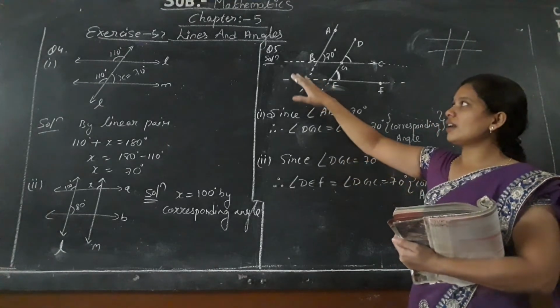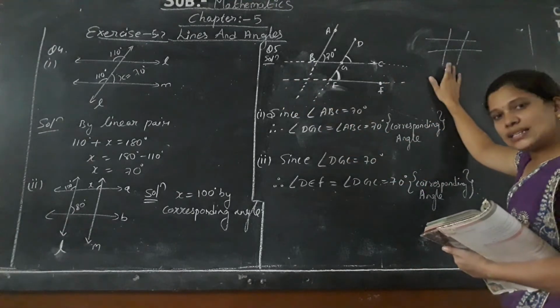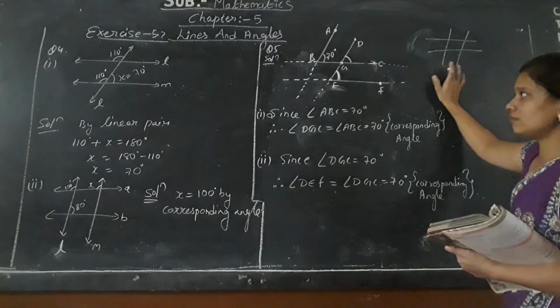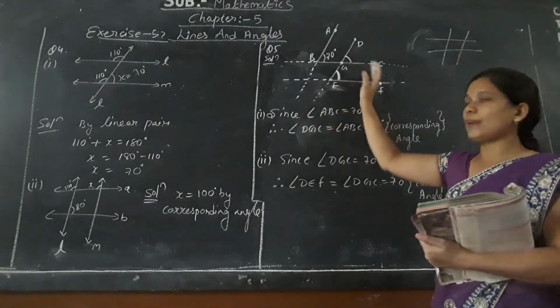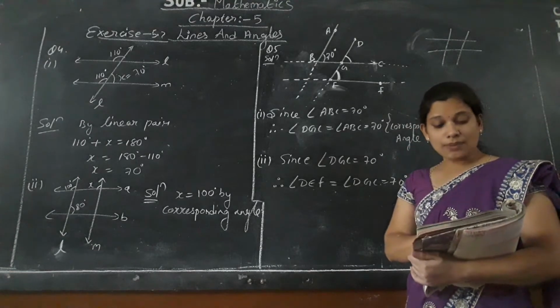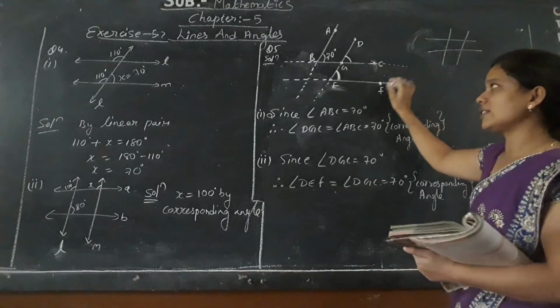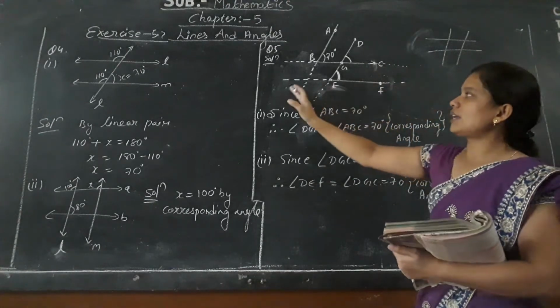Line को construct करके हमने produce कर दिया, so that we are getting the figure like this. As one of these two is the transversal, these both are parallel to each other. Okay. Since it is said in the question also, the arms of the two angles are parallel. That's why I can say that these two lines are parallel to each other.